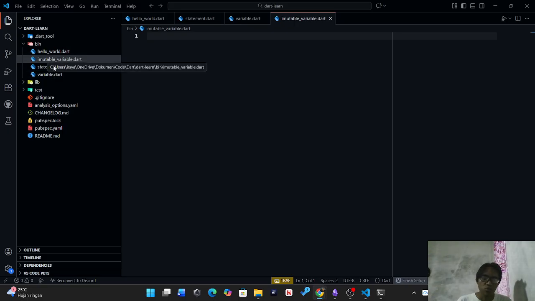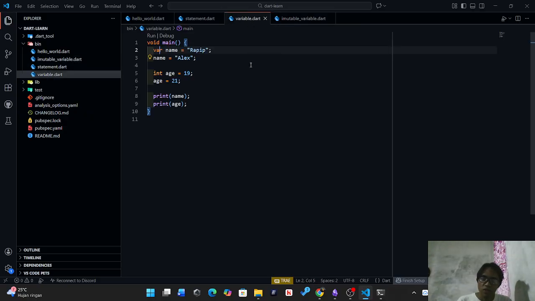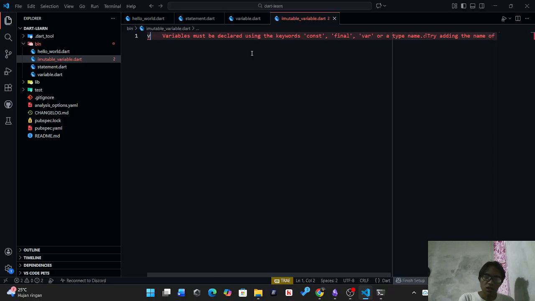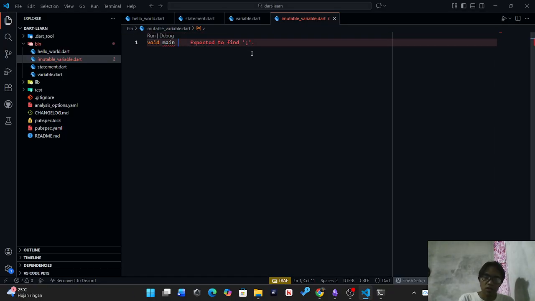You can say this is mutable variable, and this is immutable variable. If the mutable variable can be changed, the immutable variable cannot be changed. Just that simple. We can just try